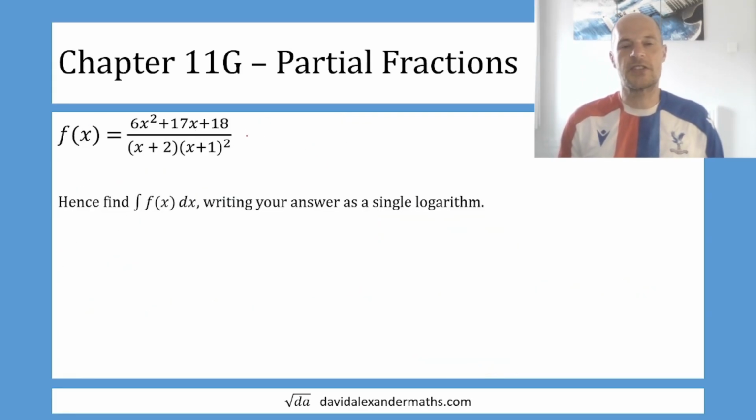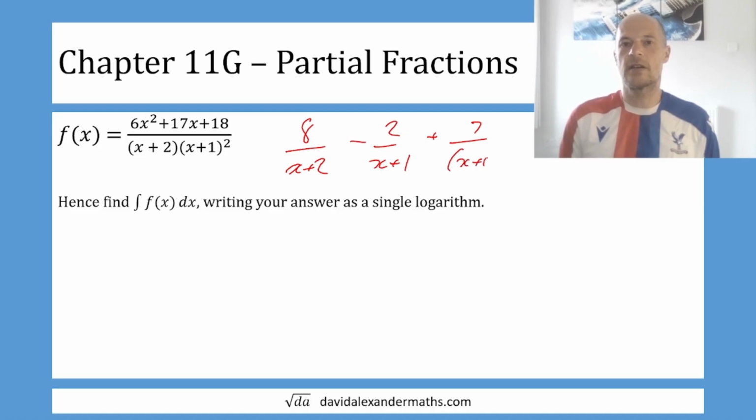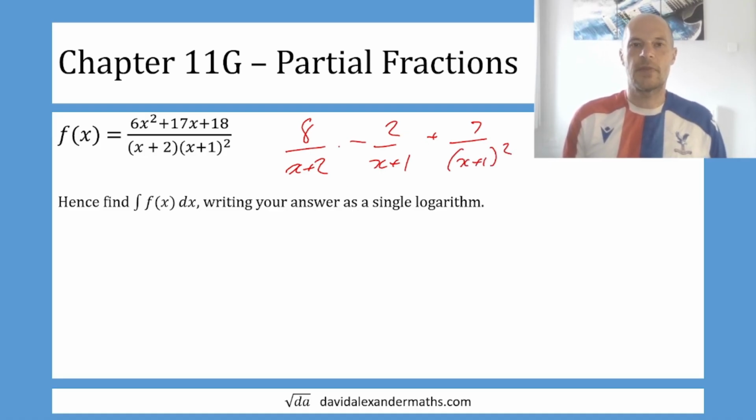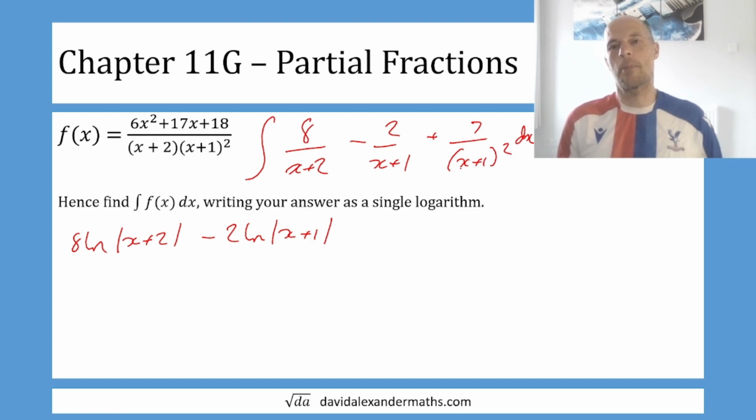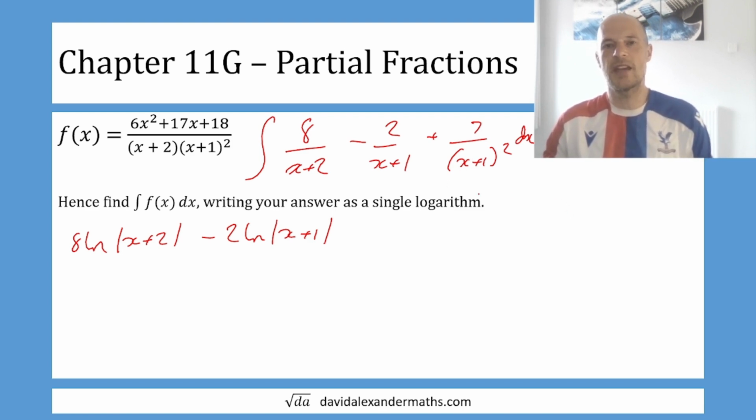Okay, so we know from the previous part of this question that we can turn this into partial fractions, which is 8 over x plus 2, take away 2 over x plus 1, plus 7 over x plus 1 squared. Okay, and we're going to integrate this. So the first part is just going to be 8 ln of x plus 2, take away 2 ln of x plus 1. Now, because we've got a power on the denominator here,